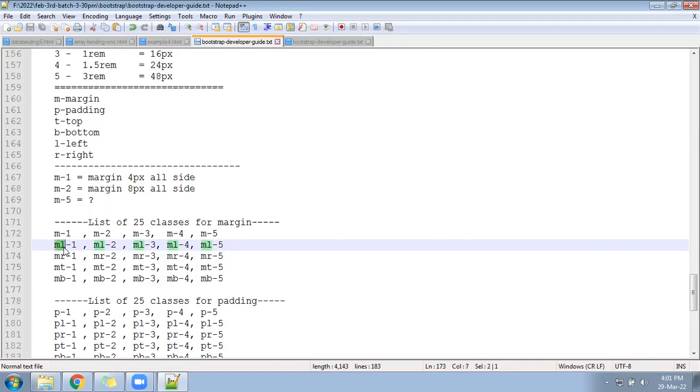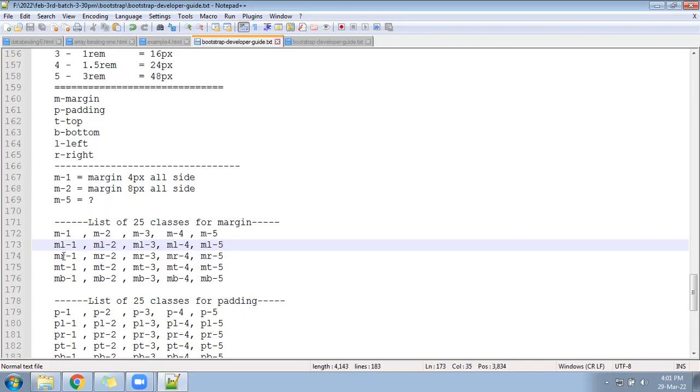ML is written here. ML margin left 4 pixel. ML2 margin left 8 pixel. ML3 margin left 16 pixel. ML4 margin left how much? 24 pixel. ML5 margin left 48 pixel.